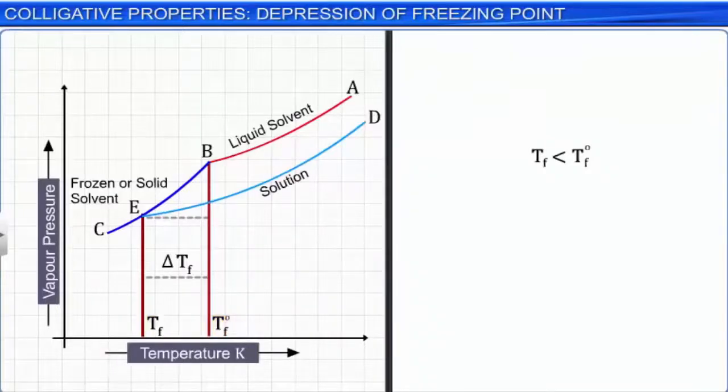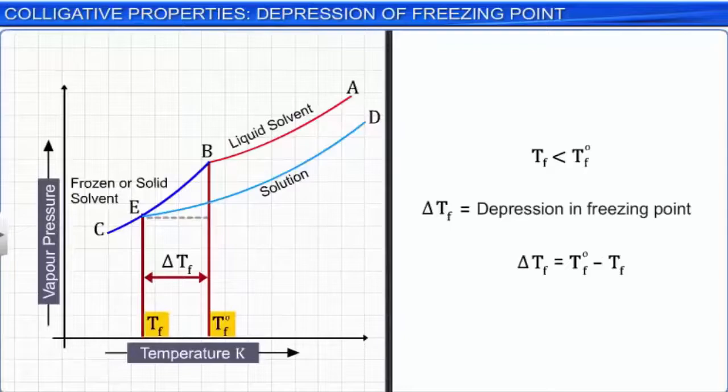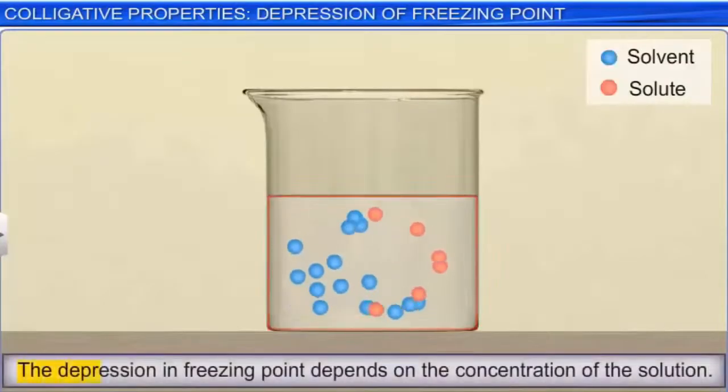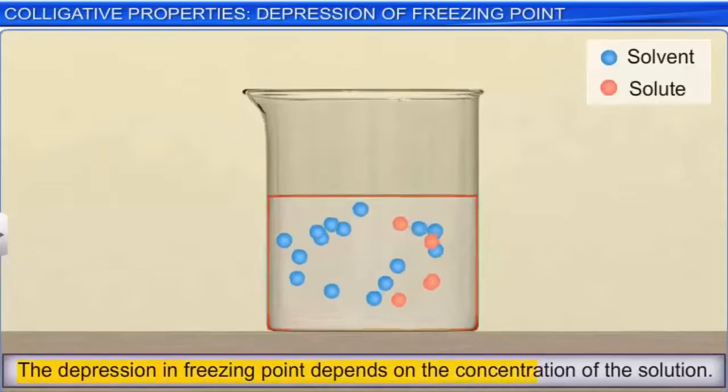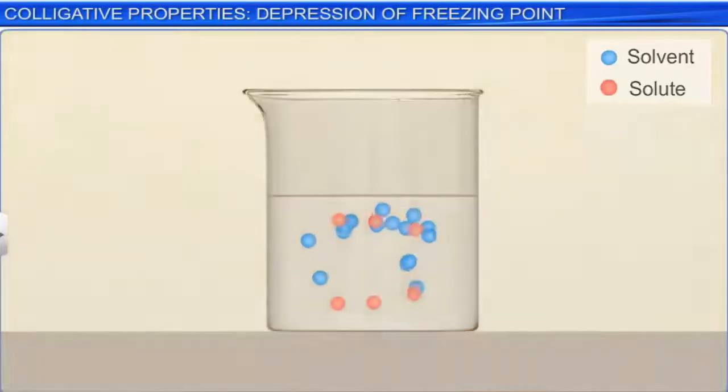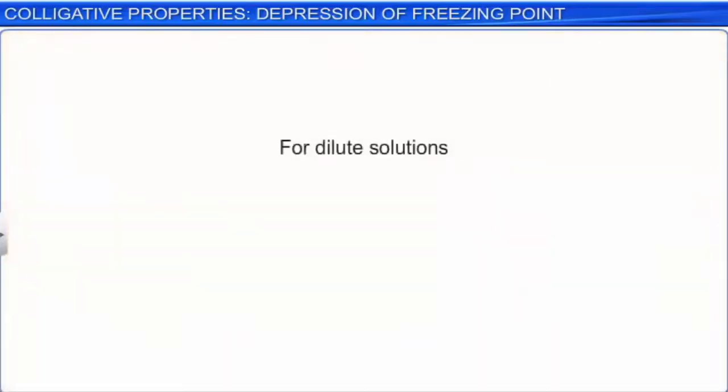Therefore, the difference delta Tf is called the depression in freezing point and can be written as delta Tf is equal to Tf0 minus Tf. The depression in freezing point depends upon the concentration of the solution. For dilute solutions, depression in the freezing point is directly proportional to molality m. Thus, delta Tf is equal to Kf into m,